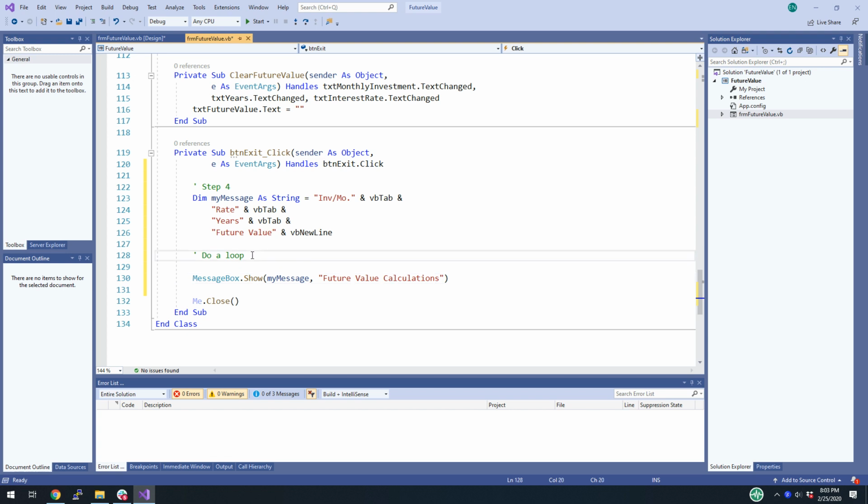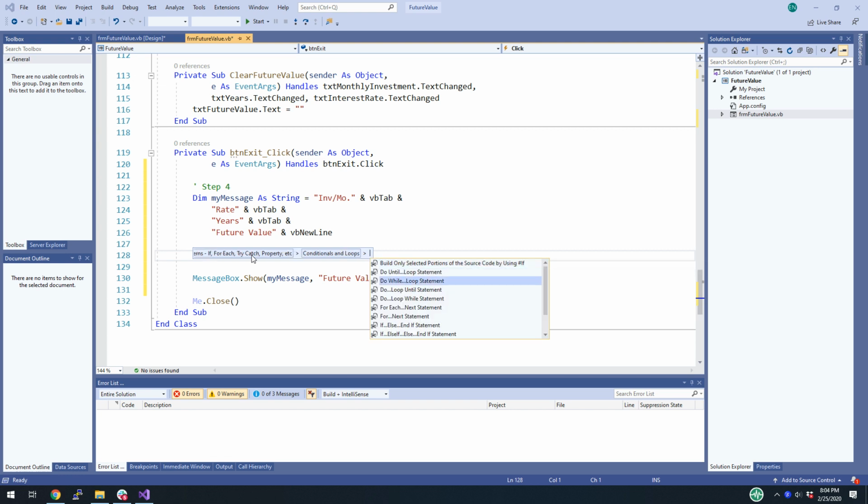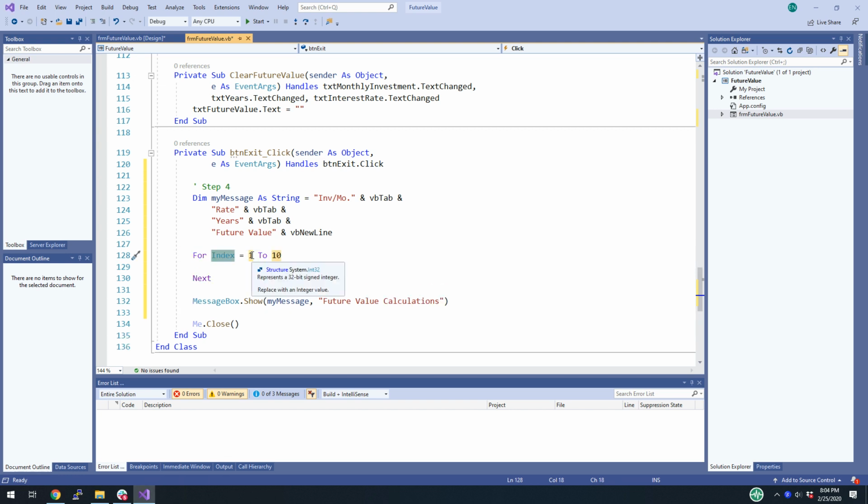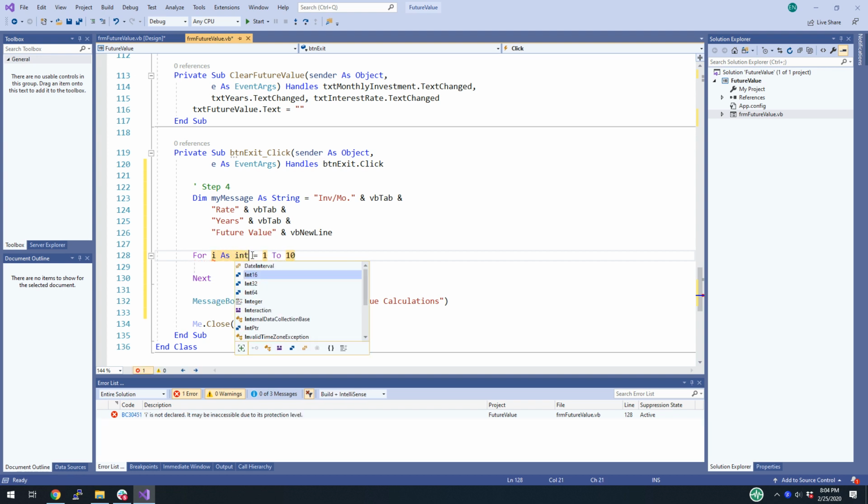All right, so this dual loop is, I don't know, a little more advanced than a normal loop because we're working with a multi-dimensional array or a rectangular array. So let's do a code pattern or a snippet, code pattern, loops, and I want a for next loop. And I'm going to start with i as integer